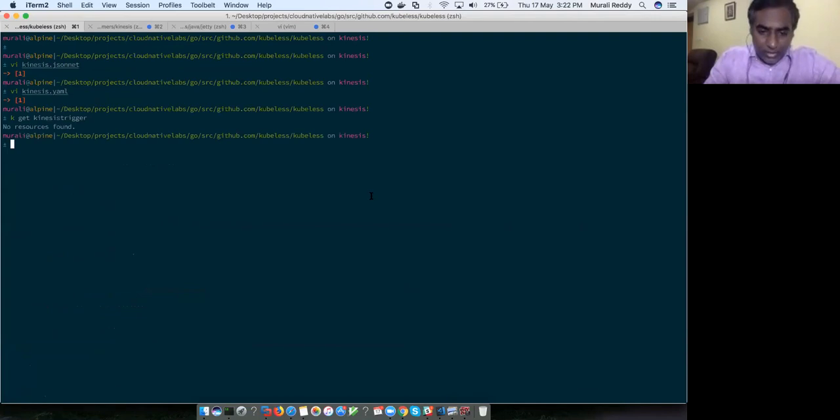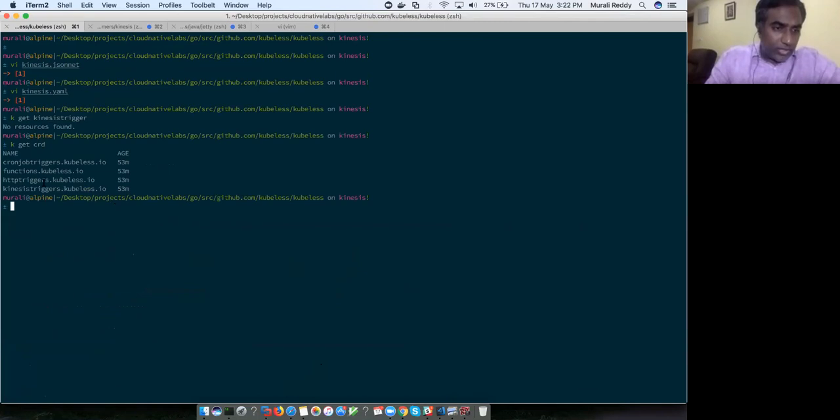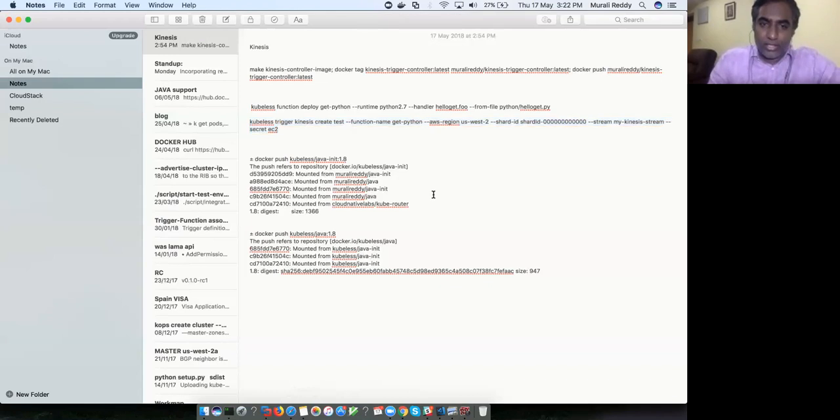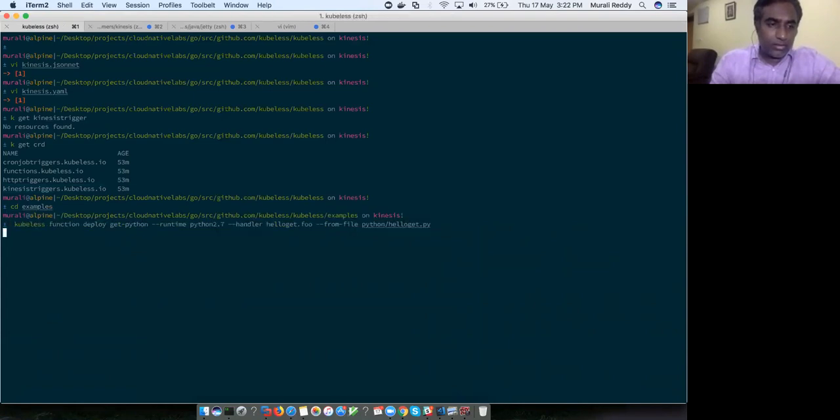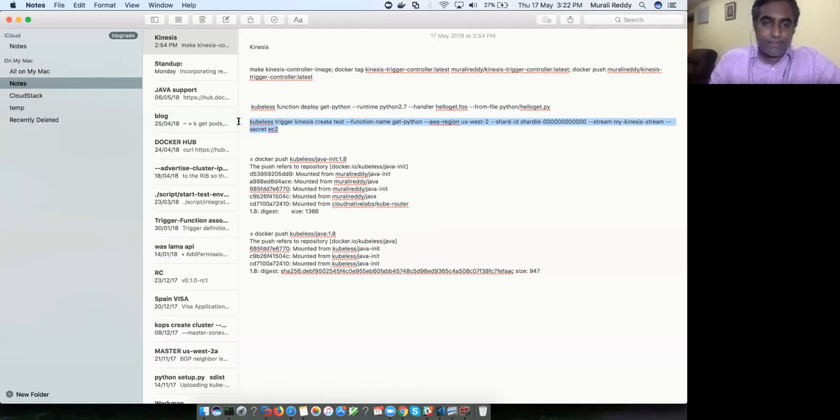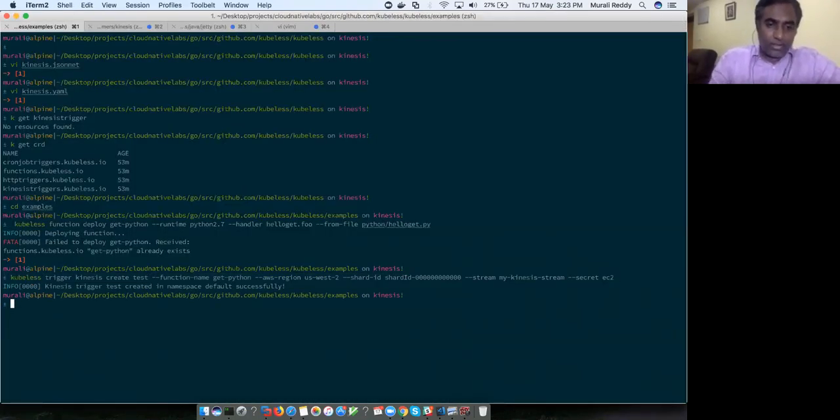So, okay, let me. So as you can see, I have this Kinesis trigger that's newly added. So let me deploy a function. Okay, it already exists. So this is a new CLI for Kinesis. So let me quickly run through the parameters. The function name is just like the way NATS or Kafka. These are